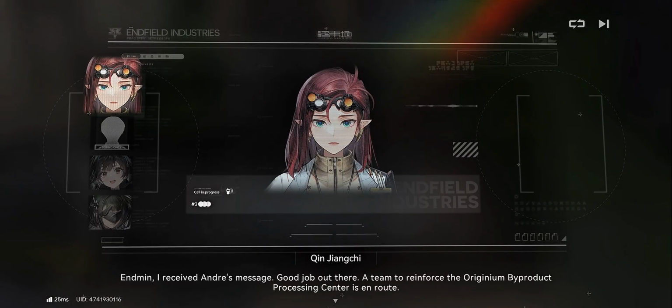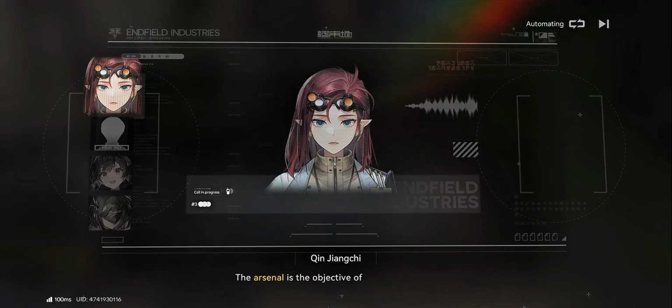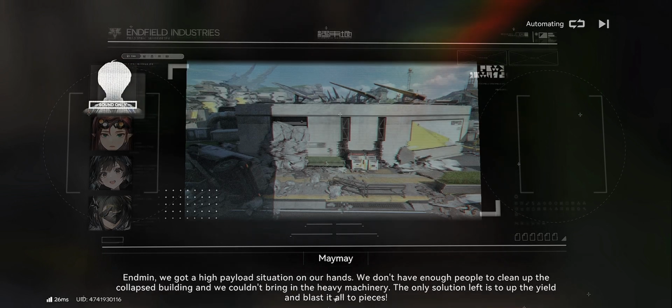Endman, I received Andre's message. Good job out there. A team to reinforce the Originium byproduct processing center is en route. The arsenal is the objective of our next mission. I couldn't get in touch. Our closest Enfielder is investigating... Edmund, we got a high payload situation. I wonder if the crisis team...